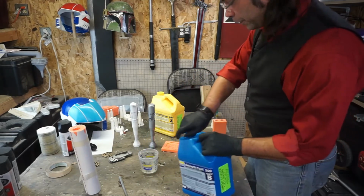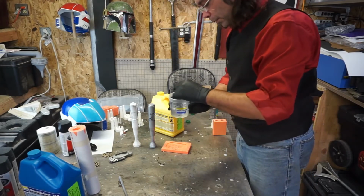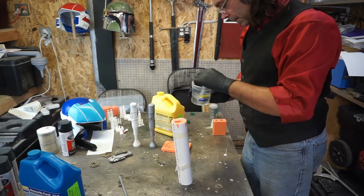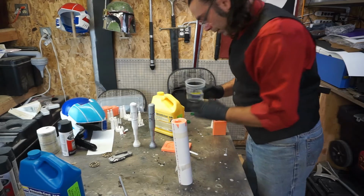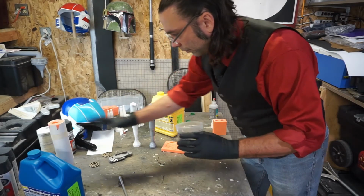I use Smoothcast 300 almost exclusively. It is bulletproof. I absolutely love this stuff. I rarely have problems with it. Of course, now that I've said that, it's got a 2 or 3 minute pot life. And it's done in about 20. So don't mix if you're not ready to pour. Like I said, I'm only mixing a little bit of that, so I want to...